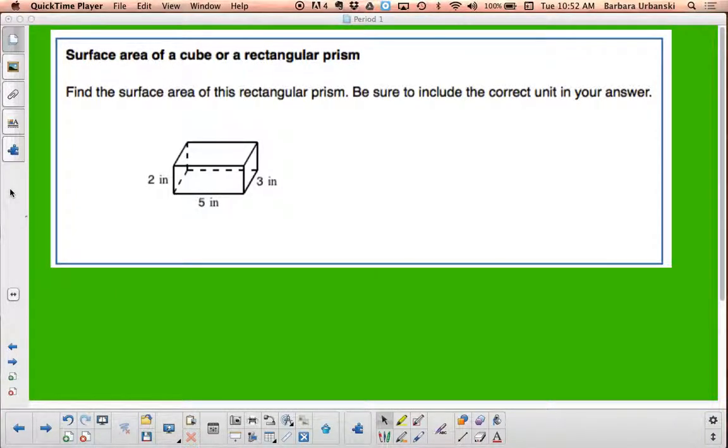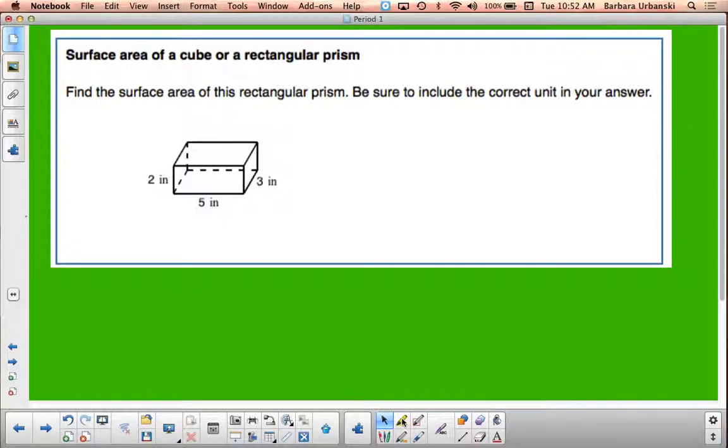Okay, today we're going to find the surface area of a cube or a rectangular prism. It really doesn't matter what the shape is, but you need to know what all the faces look like. So here we do have a rectangular prism. It might be hard for some people to visualize, but if you take a look at this particular shape,